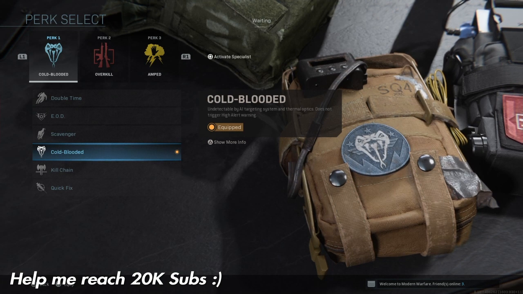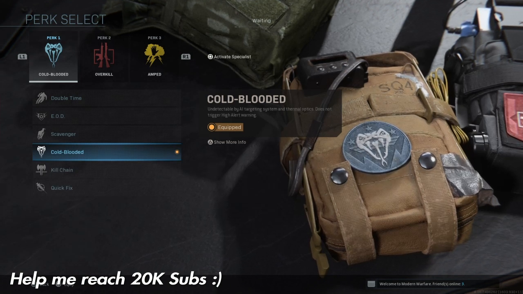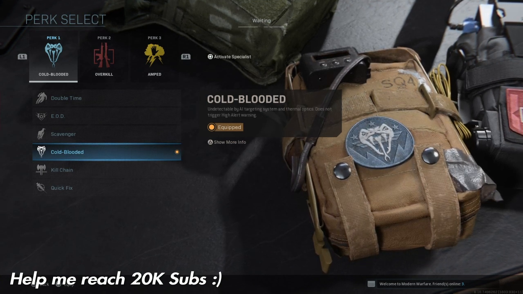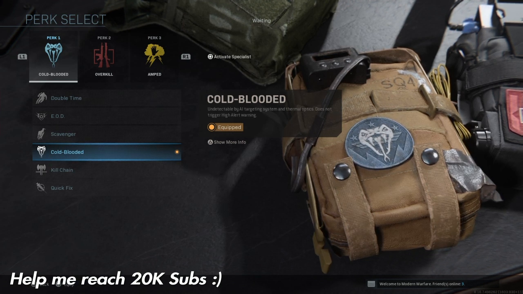Next up is the perks you want to use. I recommend using cold-blooded. The reason for this is because it allows you to not be seen when the enemies have thermal scopes, and thermal scopes are used a lot in Warzone. A lot of people have them on their weapons, so I really recommend you guys sticking on cold-blooded, and then they will not be able to see you on their thermal scope, and you'll definitely be able to survive a